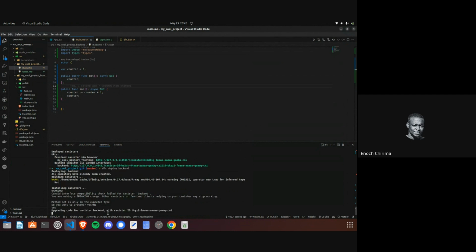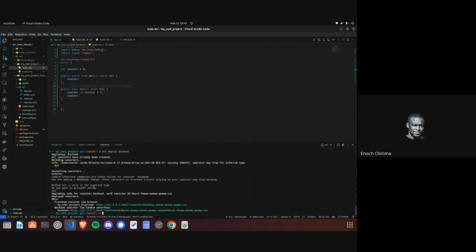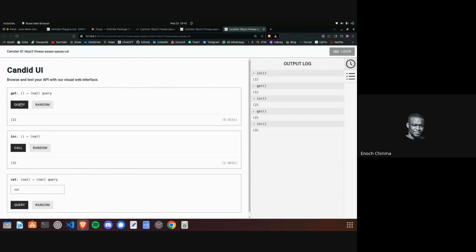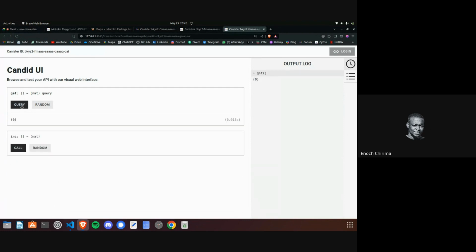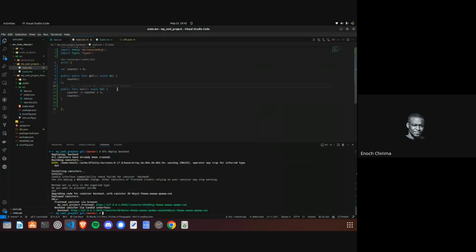And then let me try to get, it's now 0. Why is it 0? Basically because the state was not persisted. It's starting on 0. So this is where the issue of stable storage and storing actual values in the canister